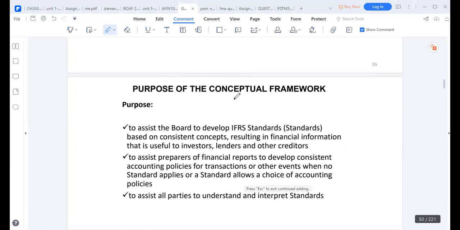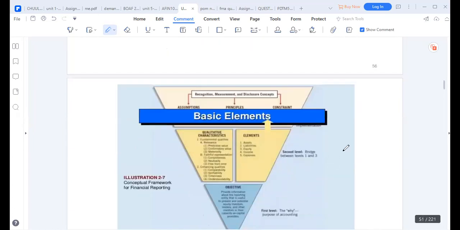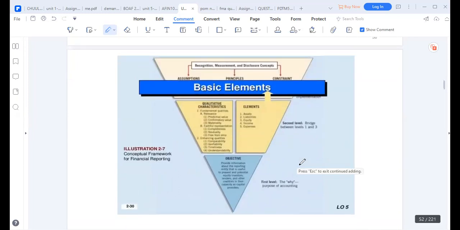So therefore, the conceptual framework is important because it helps the board of directors or the board to develop the required accounting standards. It also helps our people who prepare financial statements develop something that is consistent, which may apply to all other countries. It also helps parties understand as they interpret these financial statements. You and me must be able to understand the financial statements in Zambia, in America,